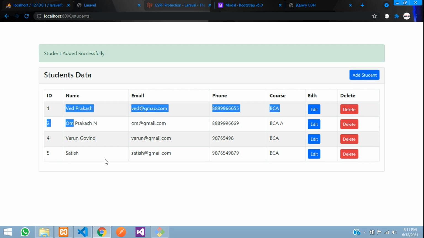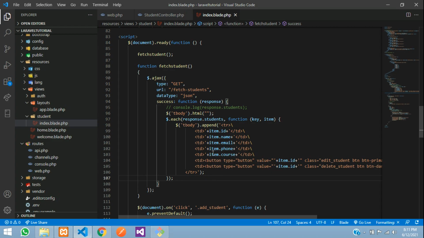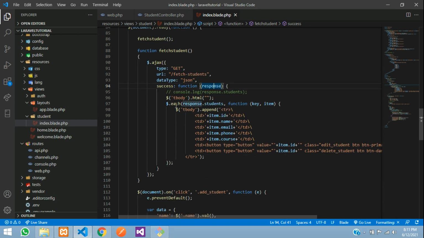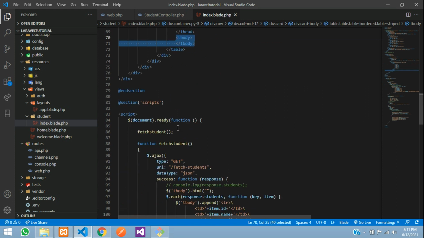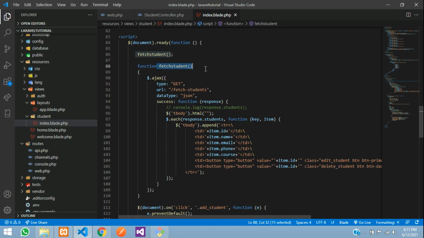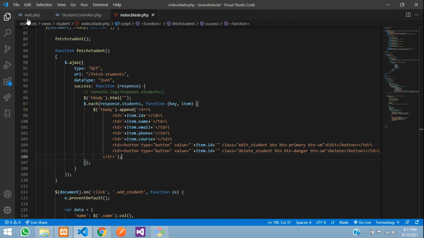So first let's move to this table appended over here at the edit button. This is the table guys, and inside this table body we have used this fetch function to loop the data. So this is our edit button, and the class name we have given is edit button, and inside this button we have stored the value as the item ID, that is nothing but your student table ID.